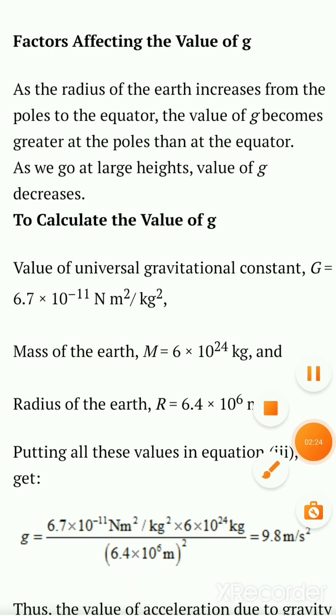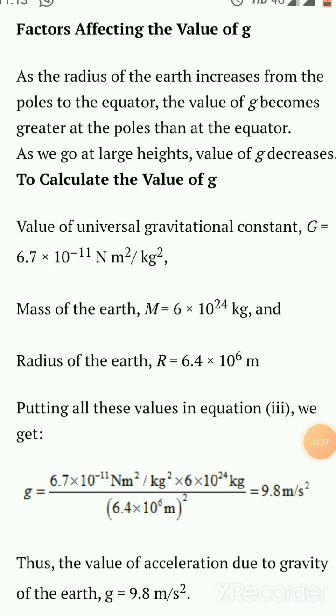Clear? So we can conclude that the value of acceleration due to gravity of the earth is 9.8 meter per second square. You will use this value in all the formulas and all the numericals, to calculate the value of force and to calculate the mass. If mass is not given in the question, you can calculate the mass, or you can use this value small g in the questions of weight. You know that weight equals mass into the value of g. So we will study it later, and we will use this value of g, that is 9.8 meter per second square, in those formulas.